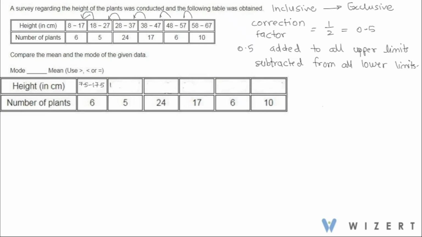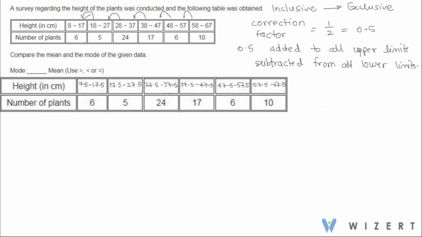Next will be 17.5 to 27.5, 27.5 to 37.5, 37.5 to 47.5, 47.5 to 57.5, 57.5 to 67.5. Now for calculation of mean, we are also going to require class midpoints, that is M's, and